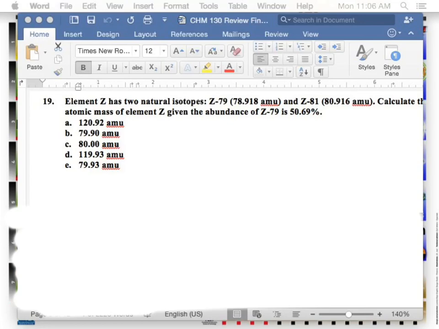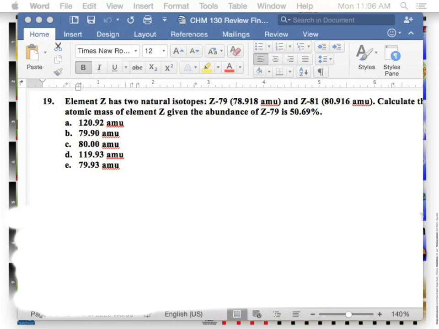What's happening here? Element Z has two natural isotopes, Z79, 78.918 AMUs, and Z81, 80.916 AMUs. Calculate the atomic mass of element Z given the abundance of Z79 is 50.69. Atomic mass is